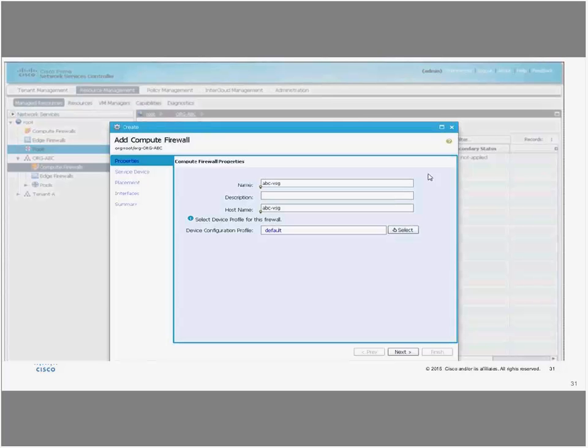A device profile is basically what would be my DNS server, how do I get the configuration, where is the repository. All those specific common features are defined in a device profile.